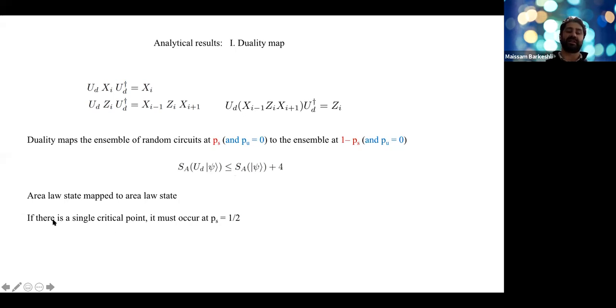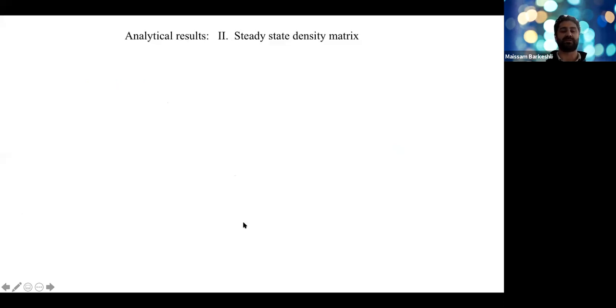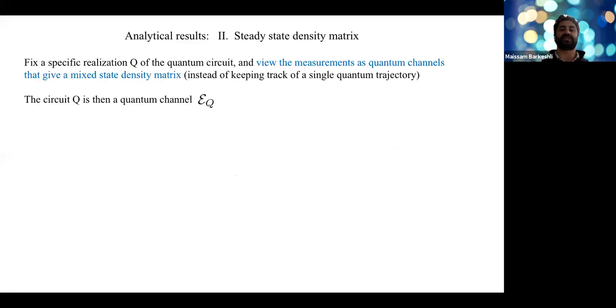This duality then implies if there's a single critical point, it must occur at PS equals 1/2. The next analytical result is if you just study the steady state density matrix, it becomes maximally mixed. So specifically, let's fix a specific realization of this quantum circuit and view the measurements as quantum channels that give